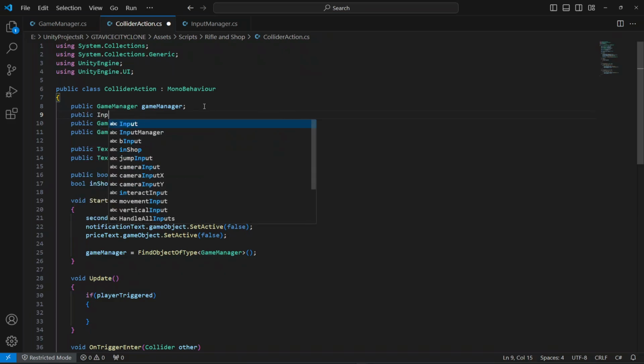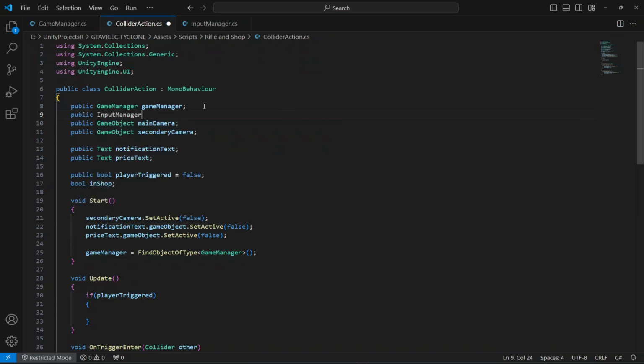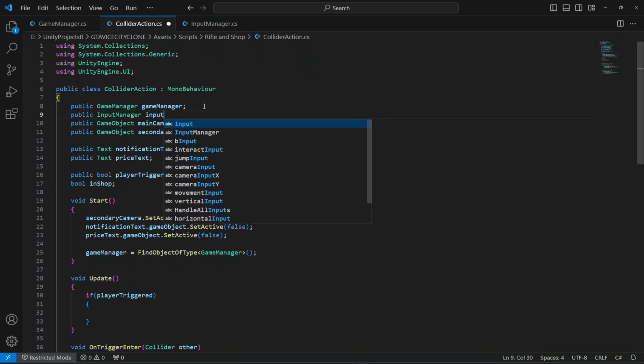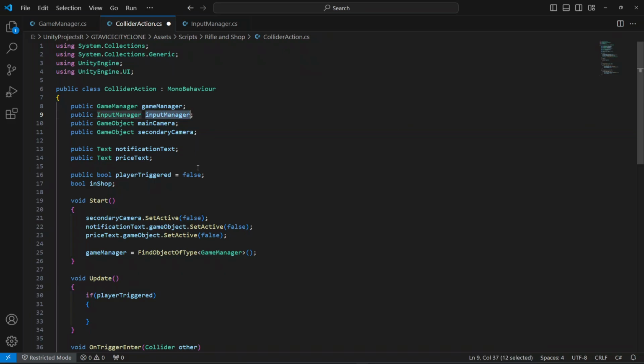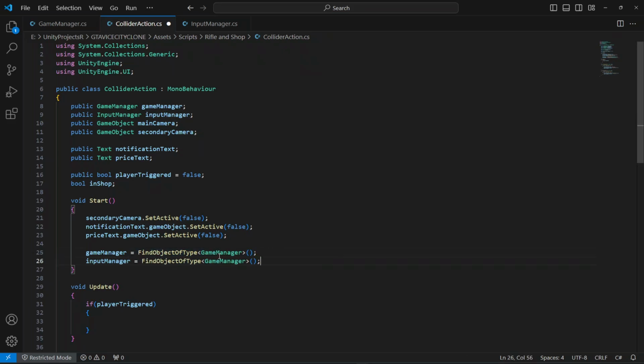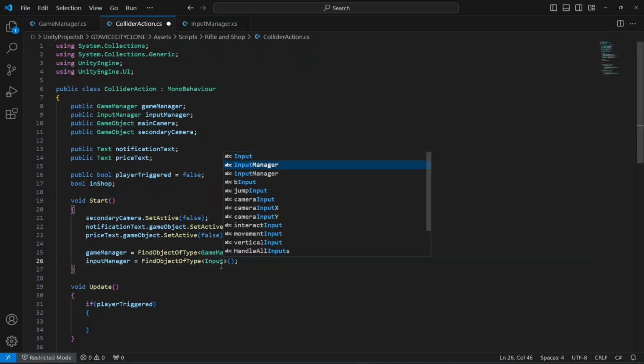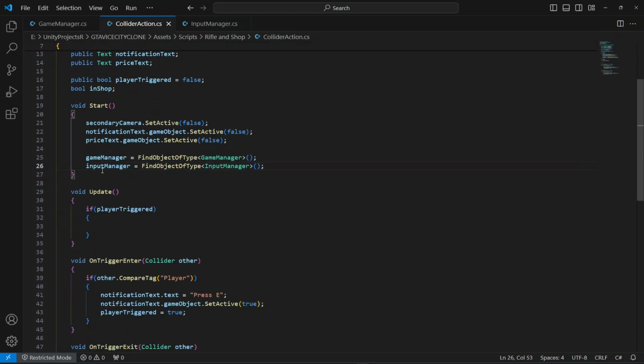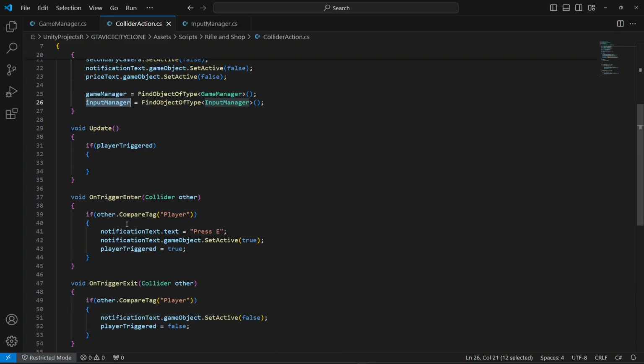make a reference to the input manager now, name it as input manager, then input manager will be equals to find object of type input manager. Now we have the input manager right there, so we're gonna say now